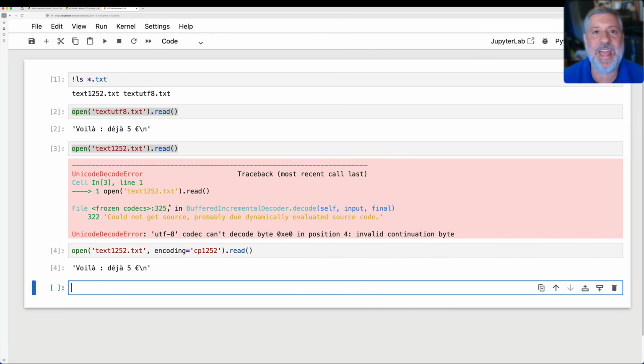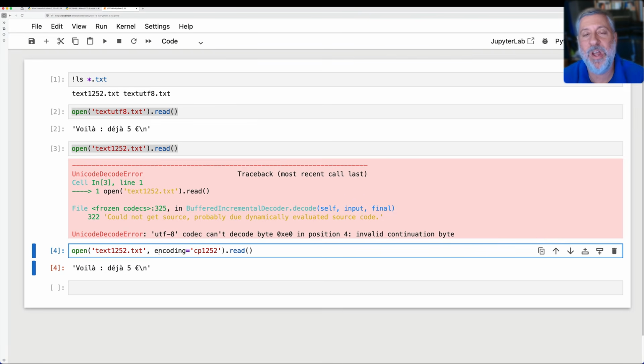Does this mean that as of Python 3.15, you will never again need to specify encoding? No, it means that if you're working with Unicode files, then you don't need to specify the encoding either on the Mac or on Linux or on Windows. Python 3.15 will assume UTF-8. But what if you want to read from a file that has CP1252? Well, then you will need to do what I just did on my Mac here, which is specify it explicitly. And that's true for any encoding you might want.